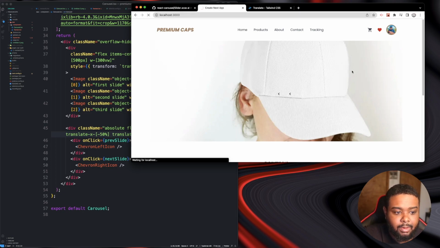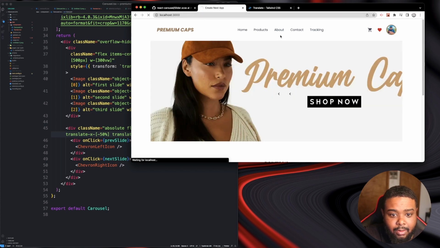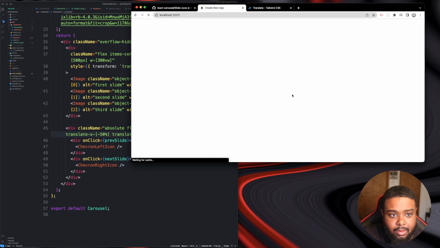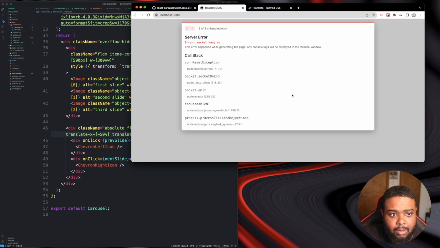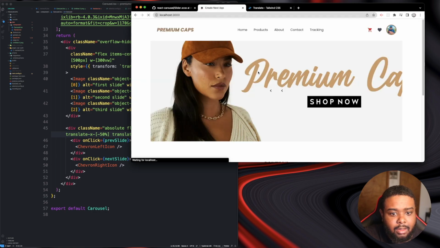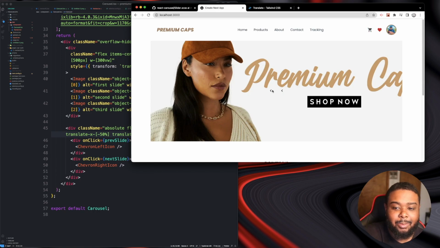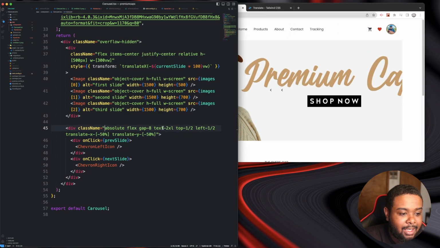Let's see. Sorry about my computer. Oh, you're getting an error. Socket hang up. What is that? Okay, so that is in the middle. We got it perfectly in the middle. All right, so now we just gotta play around with the top. So I'm gonna do a top of